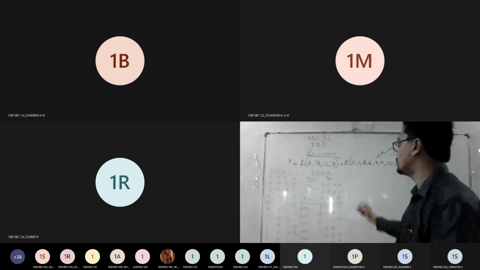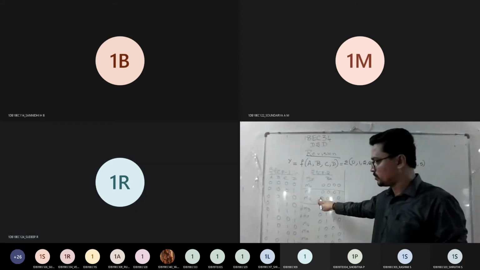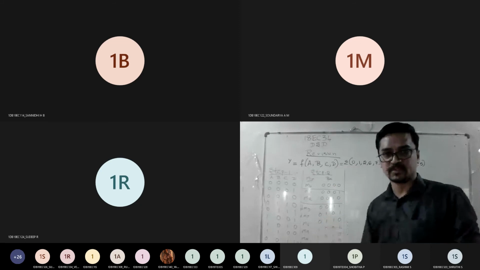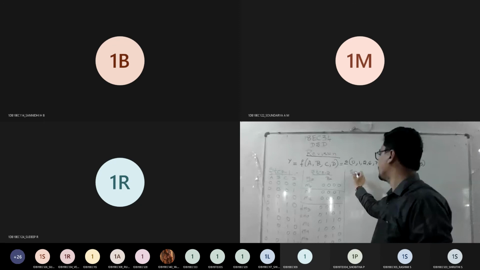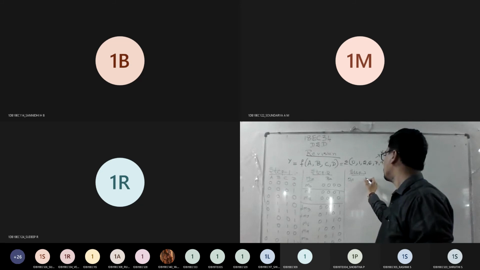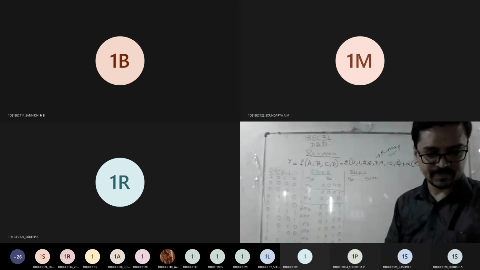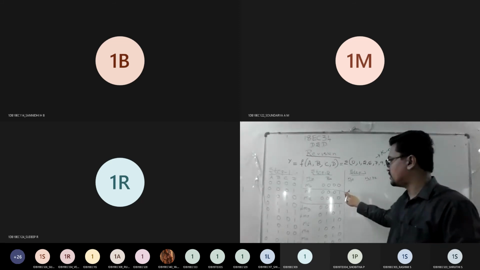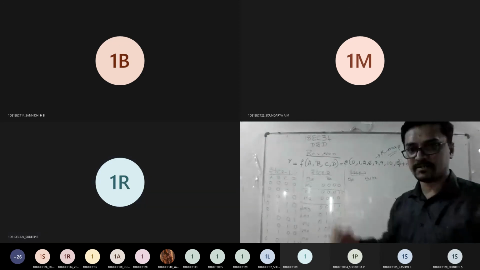What should we do? We need to combine group 0 with group 1, then group 1 with group 2, then group 2 with group 3. Correct? So you fill this. This can be done, right? So step number 3: same thing, minterm followed by matched binary representation. Compare 0 and 1. Is it matching? Yes, sir. So you just put a tick mark, right?